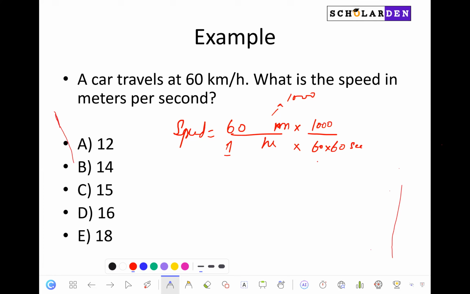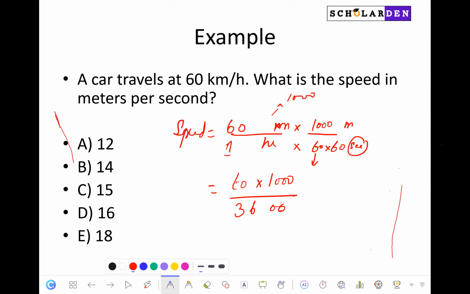So if I simply stopped over here, that would give me a unit of minutes. Okay, so that would be meters per minute, and that is why I have to multiply this with another 60, because for each minute I get 60 seconds, and that is what is going to bring the second unit. Right? Okay, so with this multiplication, now we have 60 into 1000 over